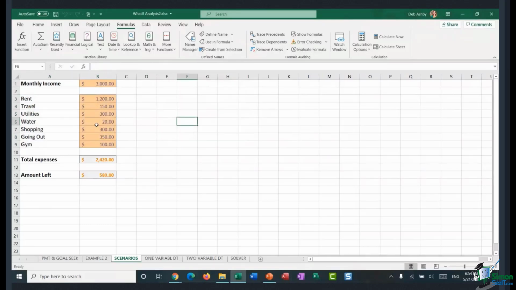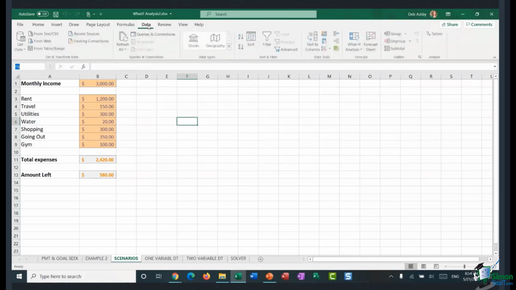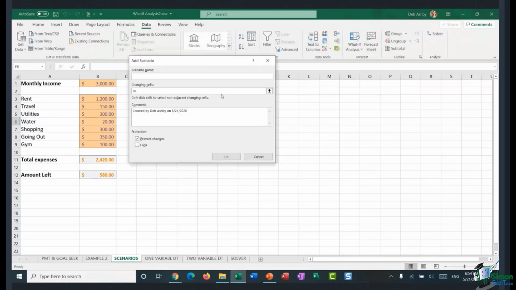So now all of these cells are named with these labels. And I can double check that by clicking on my name box just above, which is where all of your named ranges are held. And you can see that I now have those ranges set up in there. So now when we go back into our Scenario Manager through What-If Analysis, and I say Add, and we're going to do Original.